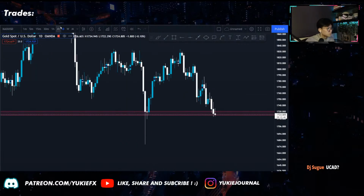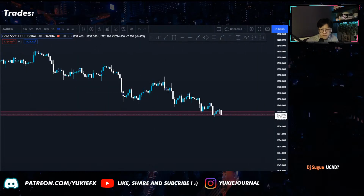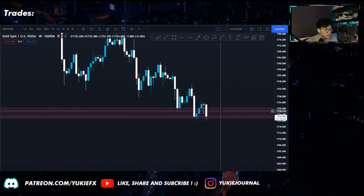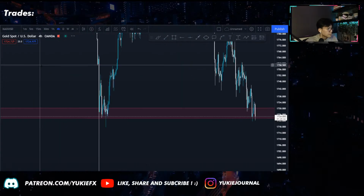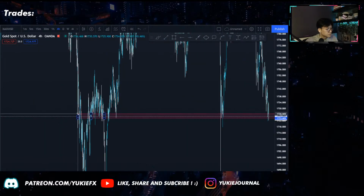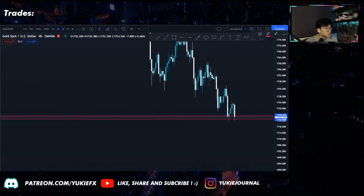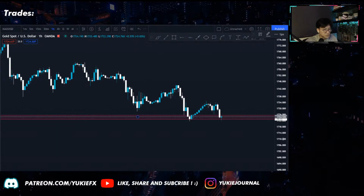If we go down to the 4-hour time frame, what do we have? The 4-hour time frame is creating lower lows, lower highs, right? Lower highs, lower lows, and price stepped into the daily zone. What we need to wait for now is, let me just adjust my zones. Looking left, let me draw a support level right here. That's 4-hour. On the 1-hour,